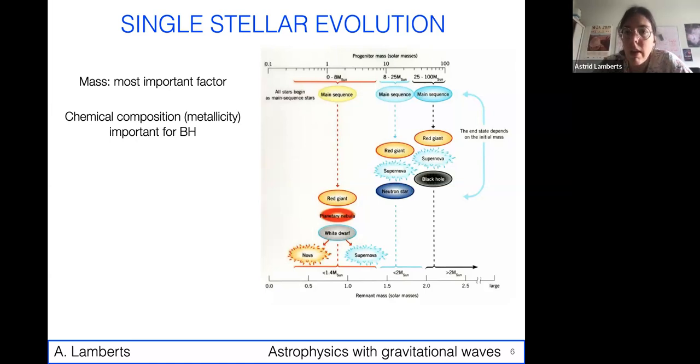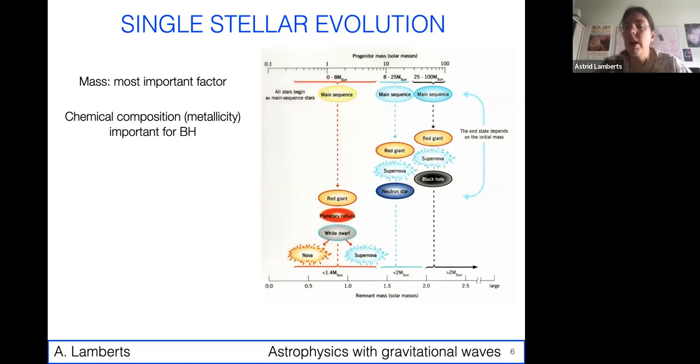In general, here on the x-axis are different masses of the stars, the ones that will turn into white dwarfs, neutron stars, and black holes, and you can see time evolving from top to bottom. It's a very simplified picture. But the most important thing to remember is that the key parameter that explains how stars evolve is their mass. Essentially, if you know the mass of a star and a little bit about its chemical composition, you should be able to predict how it's going to live. And the more massive, the shorter their life, the faster they evolve.